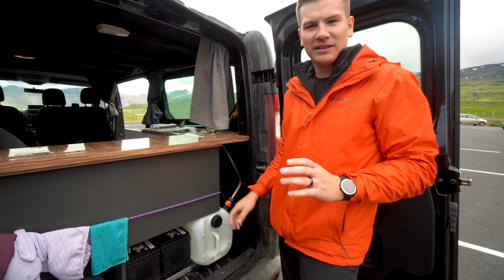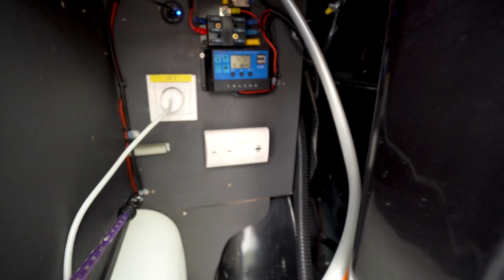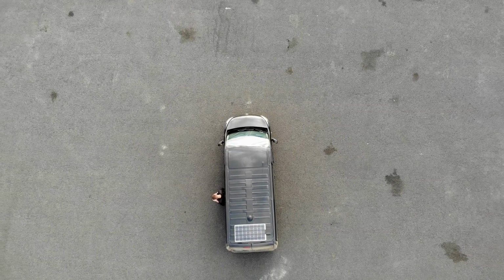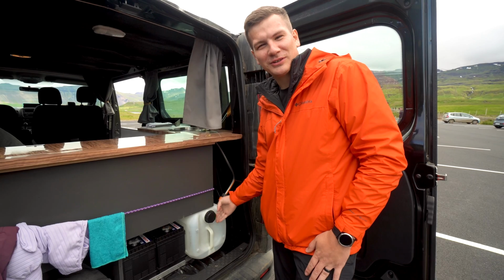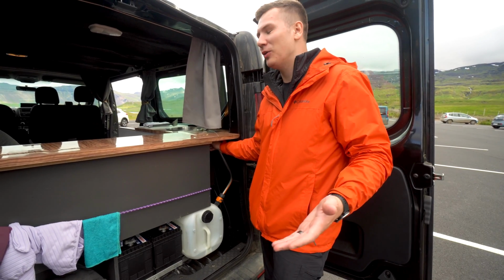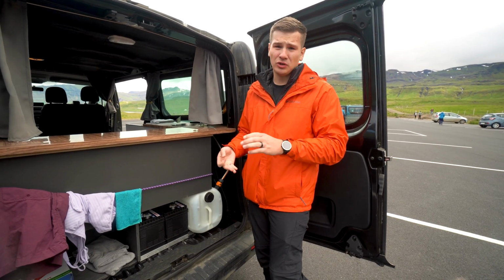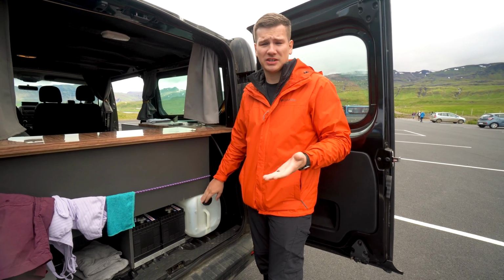Moving over to the right side, the really important stuff: 2 lithium batteries and a water tank. So these lithium batteries are being charged currently by a solar panel on top. It's the water tank, which I believe is, I'm not really good with liters. It's a lot of liters. It draws water out of this tank directly to the sink. That way you have running water while you're in the van. Gas stations, campgrounds, even your roadside river, you can definitely fill up your tank at a gas station or a